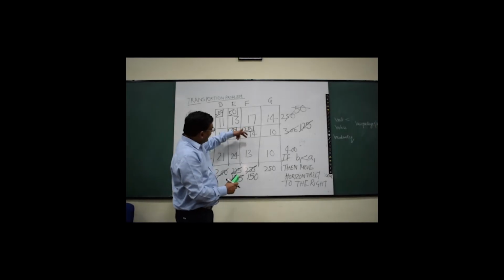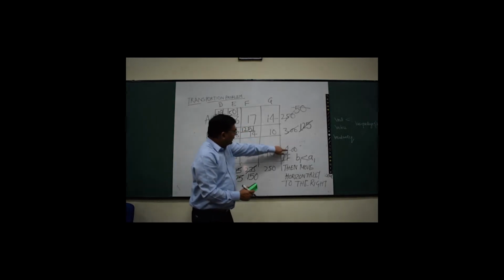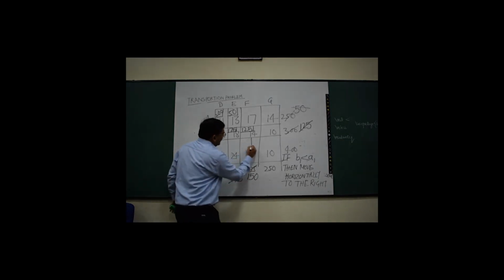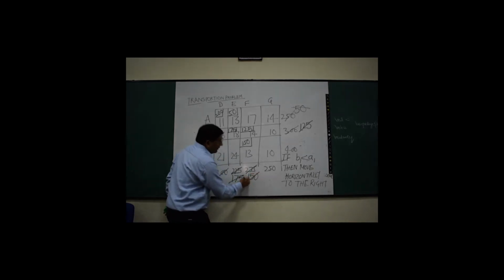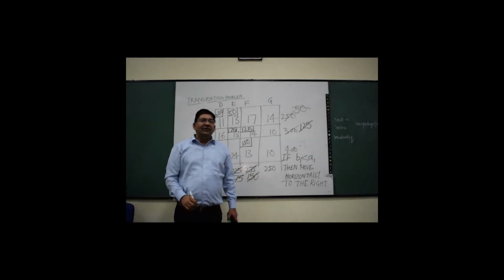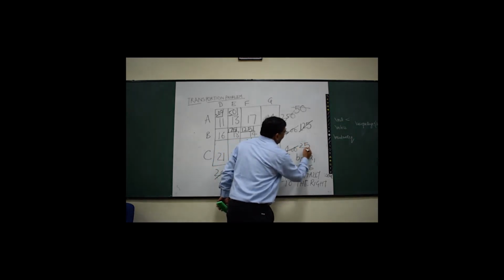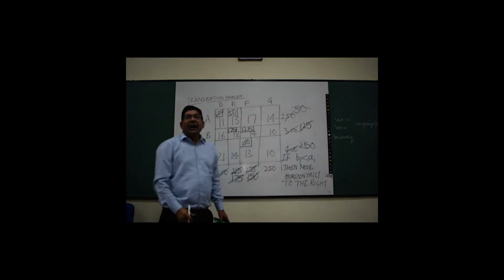Again, we'll move vertically downward. We'll allocate the minimum of 400 and 150 and we'll get 150 units here. The requirement of the third destination is complete and we are left with 250 units here at the third